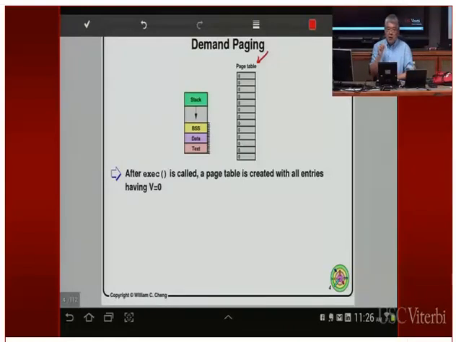Inside the kernel, you need to prepare the address space and make everything look right. You prepare a brand new page table, clear out all the entries, and now you return to the user process by using the interrupt return. But you set up all the data structures so that when you return, you're going to execute the first instruction of the user process for the first time. The EIP register is going to be set to point to the text segment over here, and you're going to fetch a machine instruction so that you can execute it in the CPU.